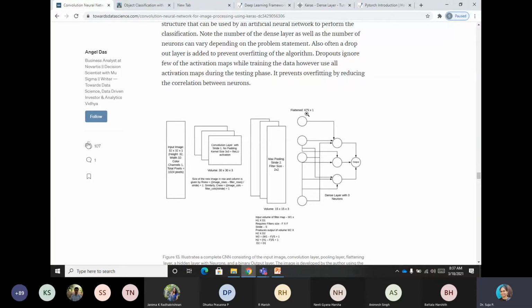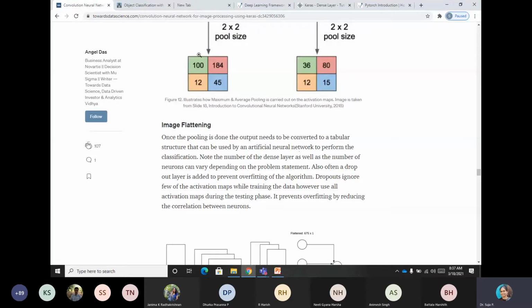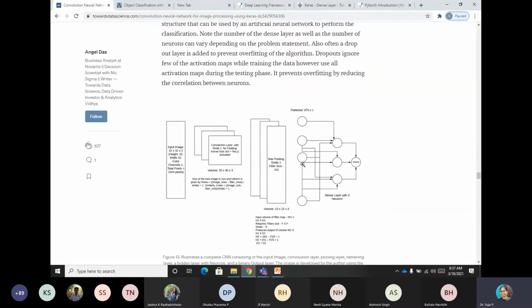It shows 675 cross 1. That means in one column vector, you will have all the values from all these previous levels of layers made into a single column vector. So that is called flattening. And then all these elements go to the next level.